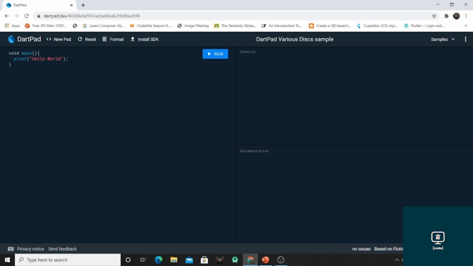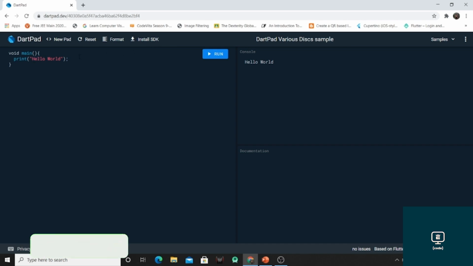After completing your program, you can run it by clicking on this run button, and the output will be shown in this console part. On clicking run, the text defined in this print statement will be printed in the console.